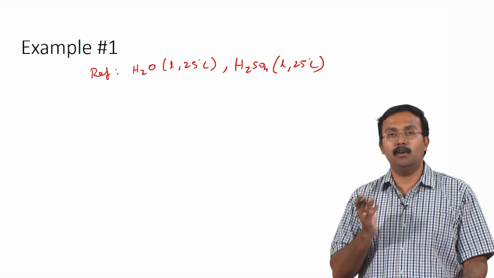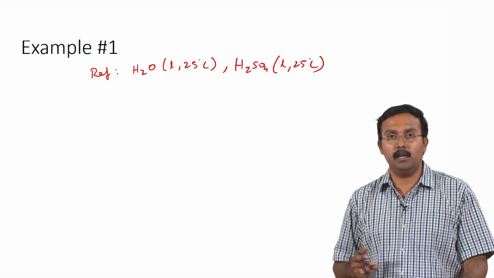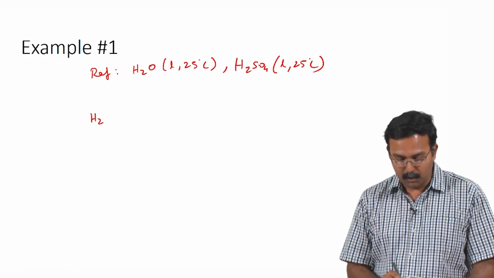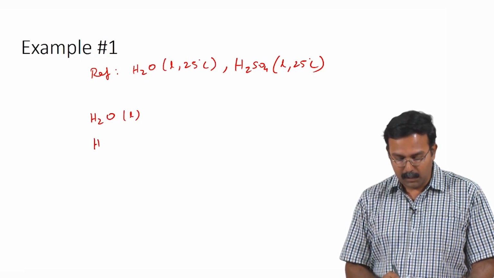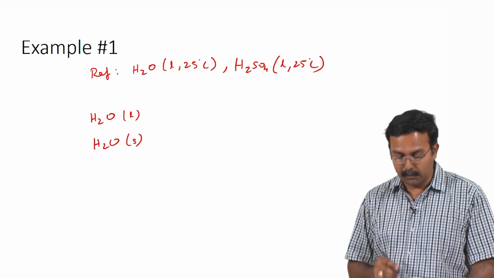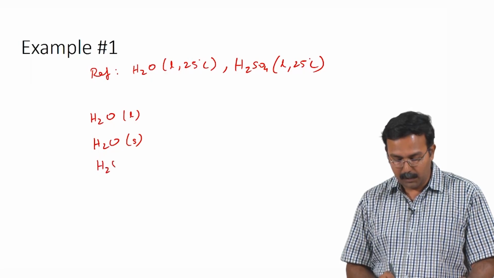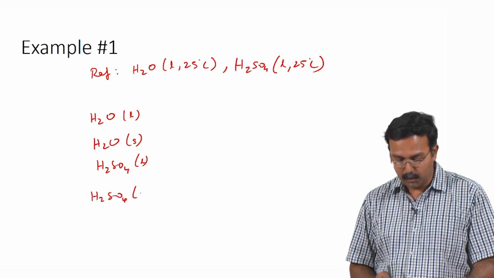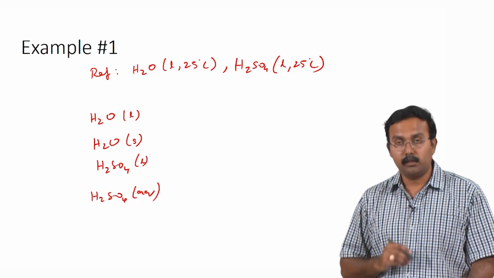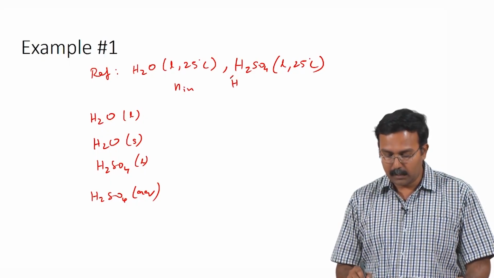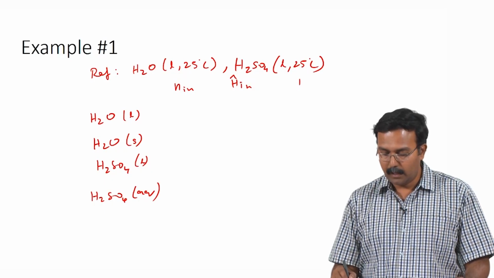Now, what are the substances or components present in the system now? We said that we will have water liquid and water solid come in as a mixture. So, we would have water H2O liquid and H2O solid, both that need to be accounted for in the specific enthalpy table. You would have H2SO4 liquid and H2SO4 aqueous also in the system. So, now again we will write N in, H cap in, N out